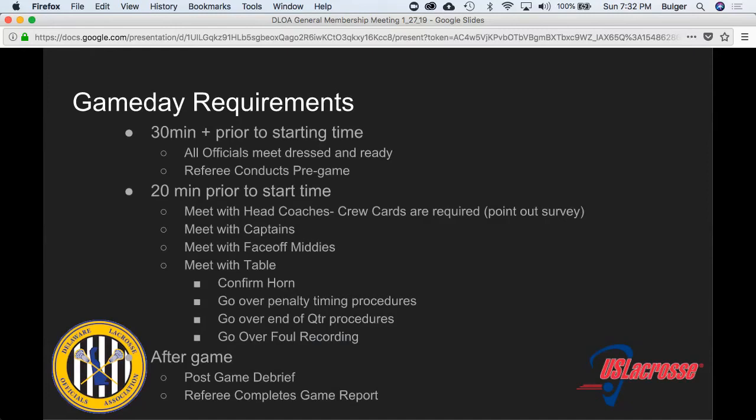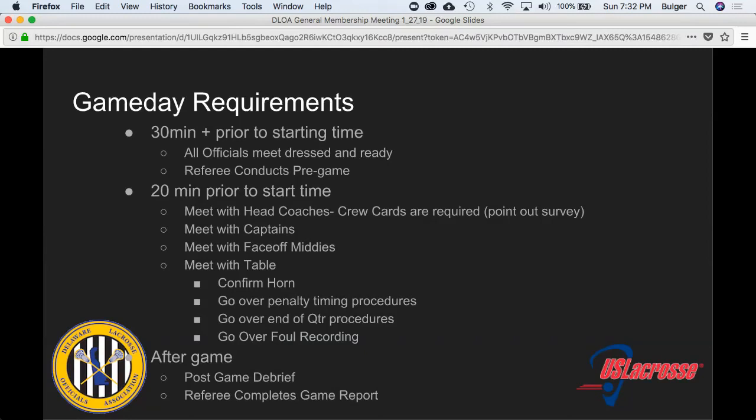And then after game, post-game debrief, the referee completes hopefully only the game report that we require and not the one that goes to Bill Caddy. But if so, he has to fill that out. And then the part that didn't make it here is the group hug part. Right? We should be getting together, socializing, hanging out, getting to know each other. On the post-game report,